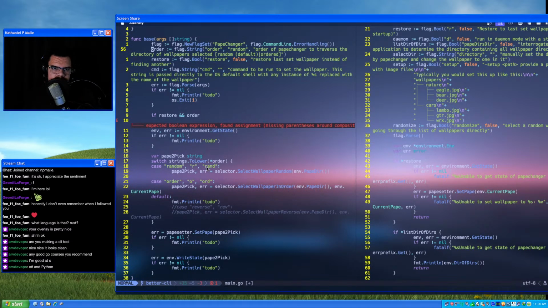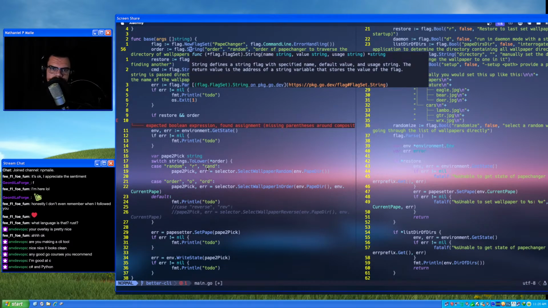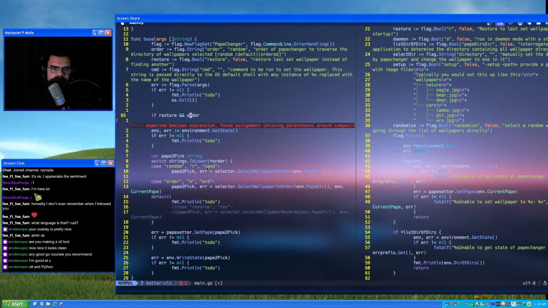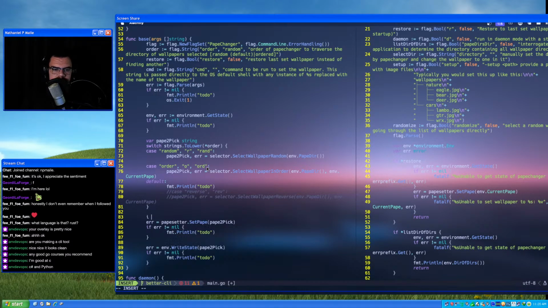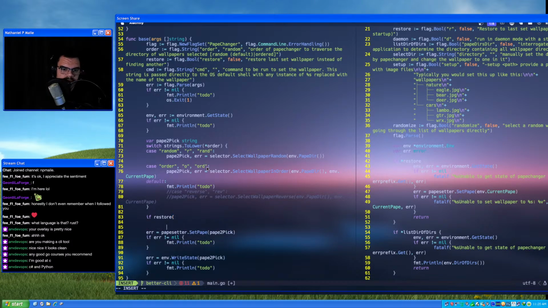I think these flags we're just going to put in default options anyway, so there's no real way to see if restore is there or not. So what I'll do is I'll just check and see if restore is put in there, then we'll just ignore order entirely. If restore, then we'll say pape to pick equals env dot current pape.